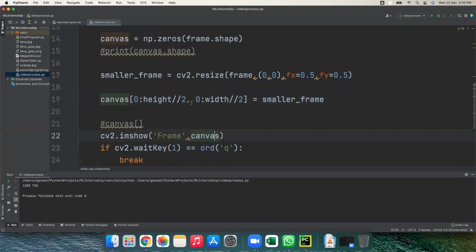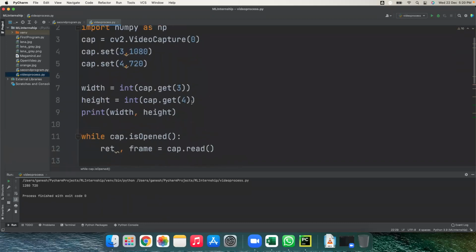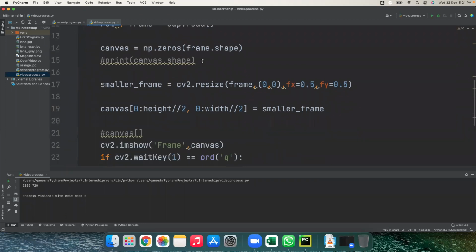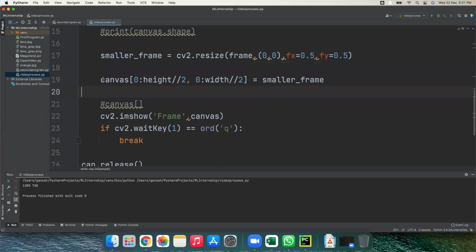Okay, so why is this a problem? So let me diagnose here, input or 0, and yes, it is 0 0. So 1/4 is white, totally white. So it should not be like this. cv2.resize, and yes, frame. I'm resizing, and yes, I'm using this frame, and yes, canvas. Okay, let's try with this code.